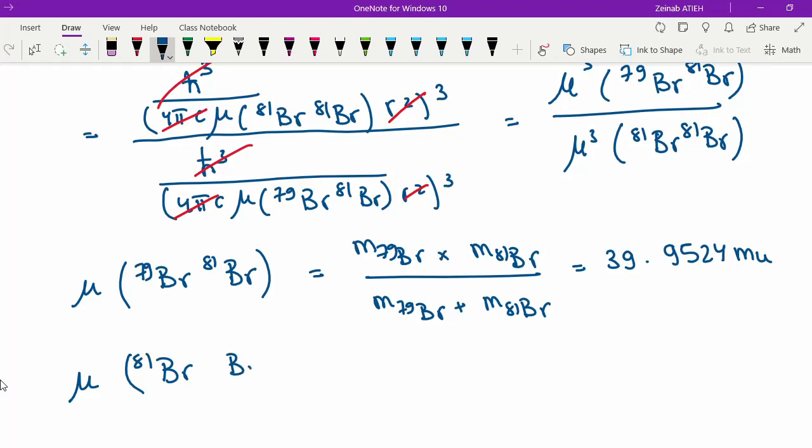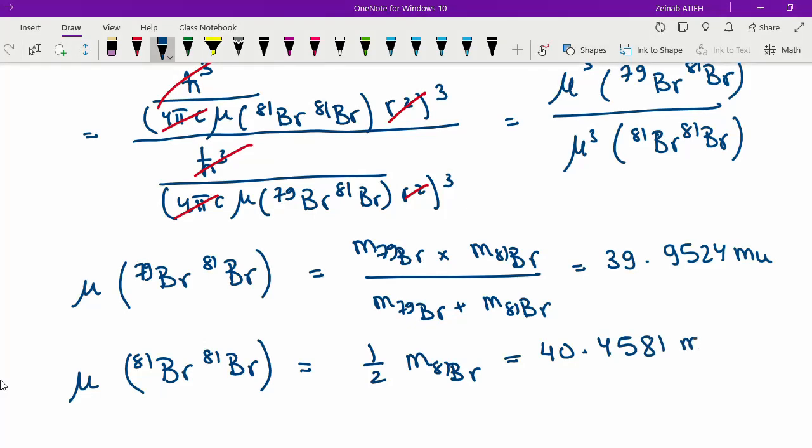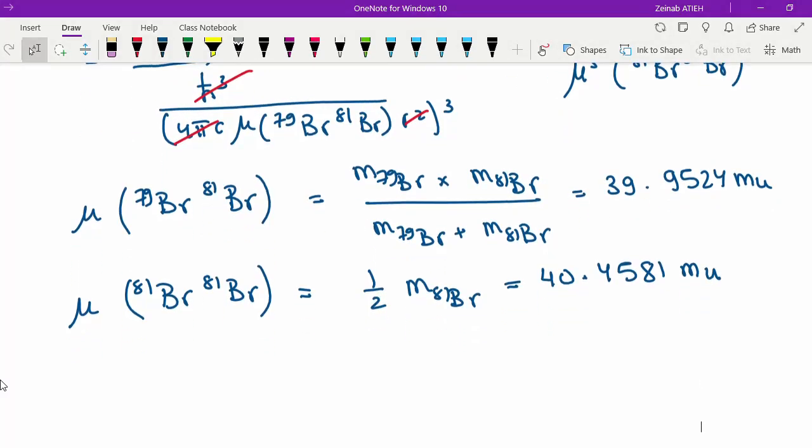So mu for Br81 Br81, it's the mass of Br times the mass of Br over the mass of Br plus the mass of Br. So it's the same atom in reality. It will be equal to half the mass of Br81. So it's the same formula, but we have similar atoms here, so it will reduce to this form. Substitute, you will get 40.4581 amu. Now you have mu up, mu down, substitute, and you will get the D bar